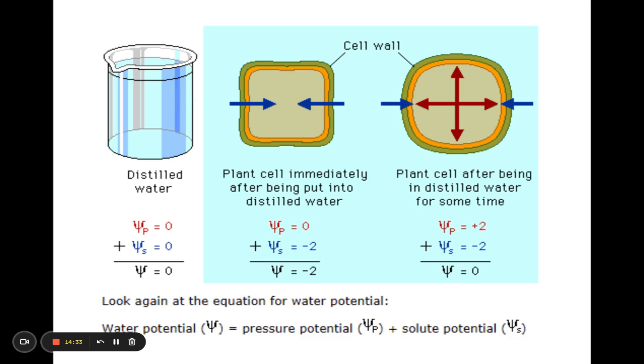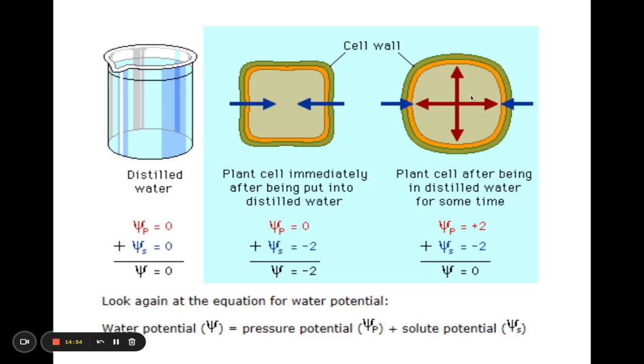Because water goes from high water potential to low water potential. So water potential measures the ability of water to move, right? And it always goes from high water potential to low water potential. So as water enters the cell,